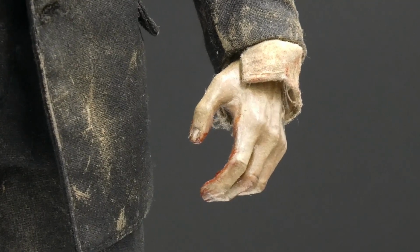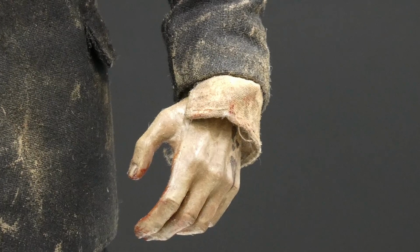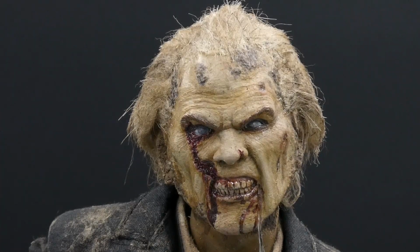It's also nice to see the blood on the hands, as if to simulate the way he would have had to have clawed his way out of the coffin. Last but not least is the head sculpt on the piece. Now the first thing you'll notice is that this is definitively the 1990 remake version, as the makeup from the